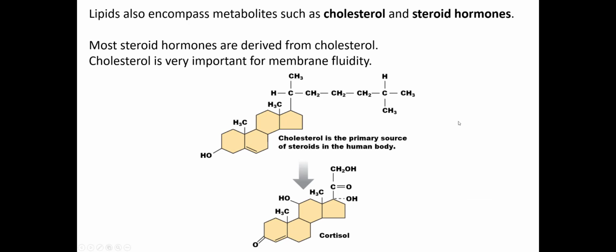Okay, as I said, lipids are a lot of different substances that are grouped together because of the fact that they're hydrophobic. So lipids also encompass metabolites such as cholesterol and steroid hormones. Most steroid hormones are derived from cholesterol. Cholesterol is very important